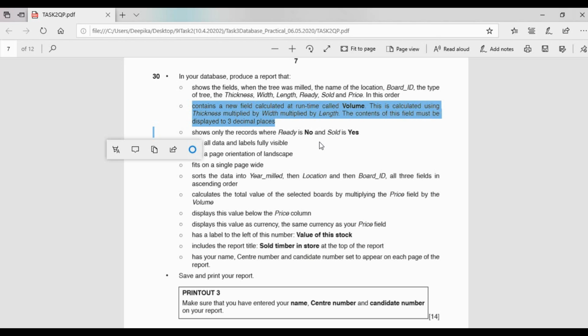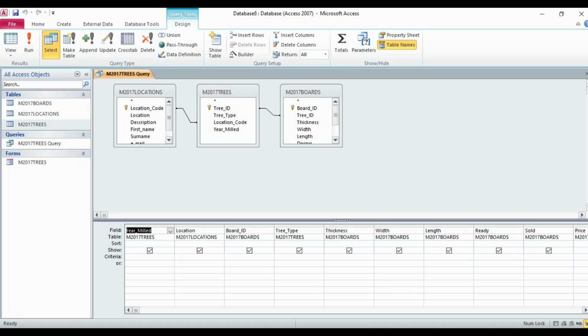So now we have to create a new field, and this will be done in design view only. We will click on this cell under the properties, then simply type volume,